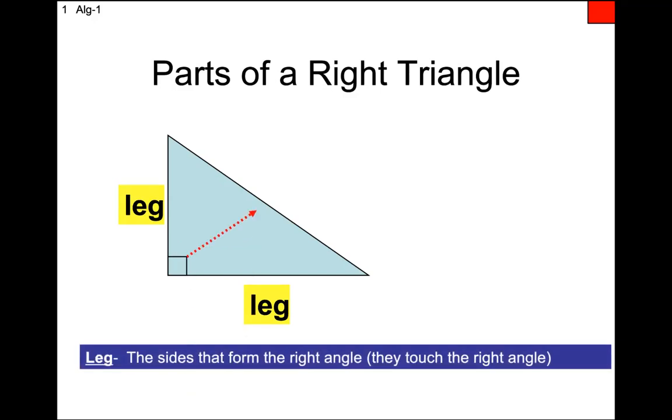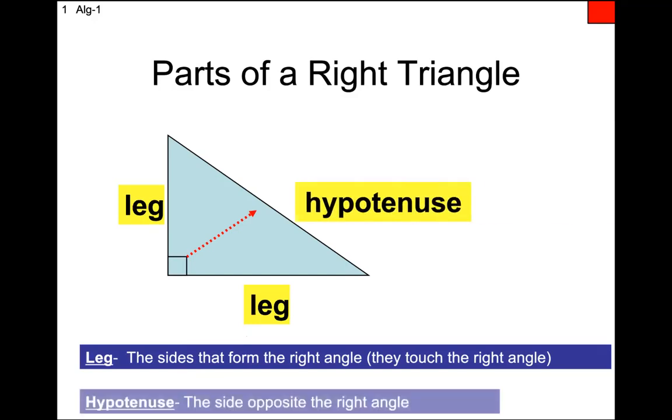That right angle. Notice where that red arrow is pointed. It's pointing to the side that is opposite, the side that doesn't form the right angle. We call that the hypotenuse. All right, so that is the hypotenuse. So right triangles have two legs and a hypotenuse. And the hypotenuse is the side that is opposite the right angle, and the legs are the two sides that